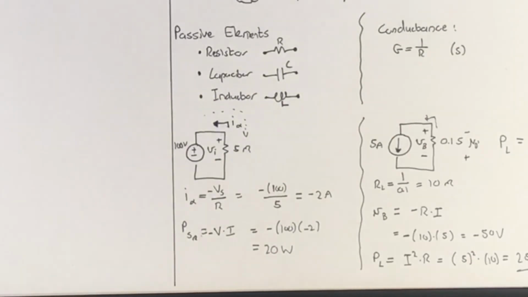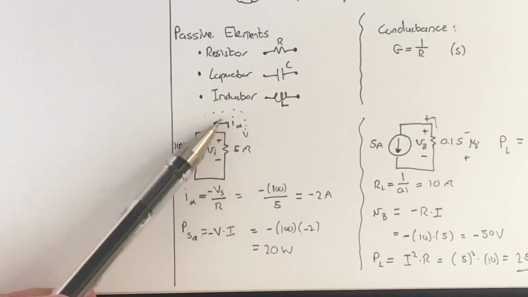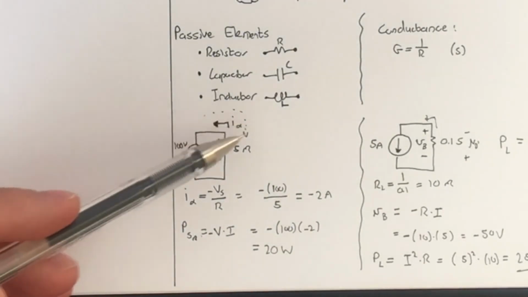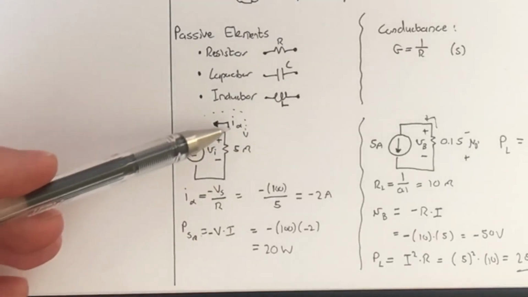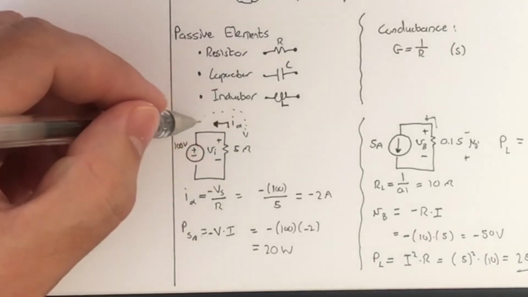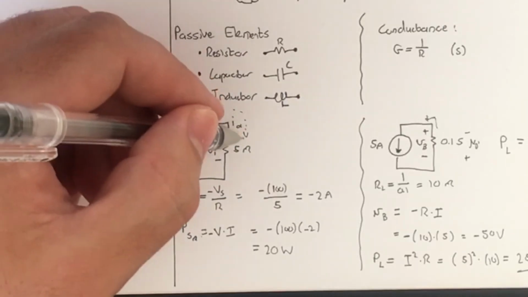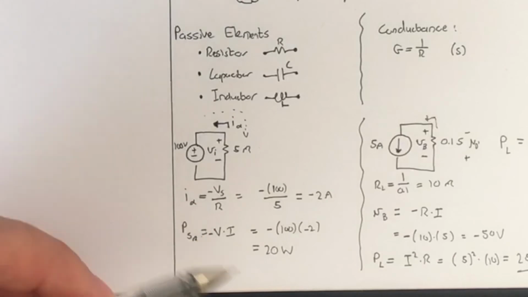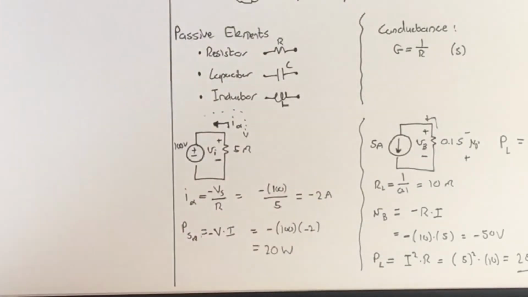So this might be a bit confusing. How do we have a negative flow? That essentially just denotes that the direction that we have defined is incorrect in terms of the passive sign convention. Well, incorrect is perhaps not even the best way of describing it. It's in fact that this direction, I alpha, is not in the direction that we have shown. So I alpha would in fact, according to the passive sign convention, be flowing into this positive terminal. If this had to be positive 2 amps, then this resistor would essentially be supplying power, which is, of course,